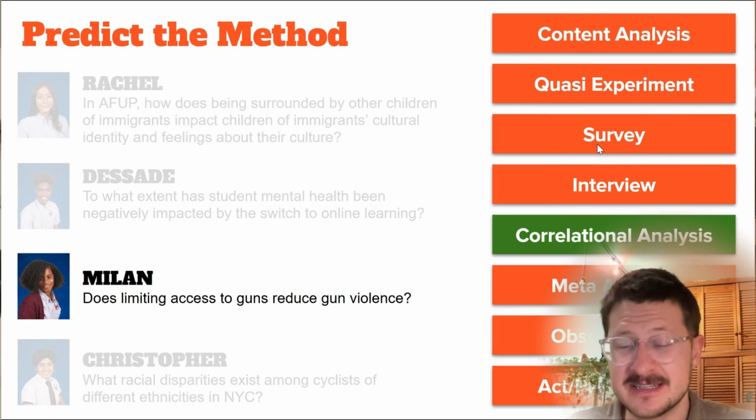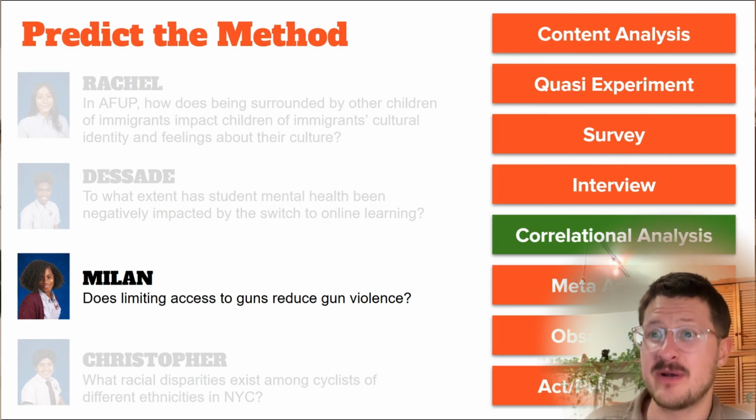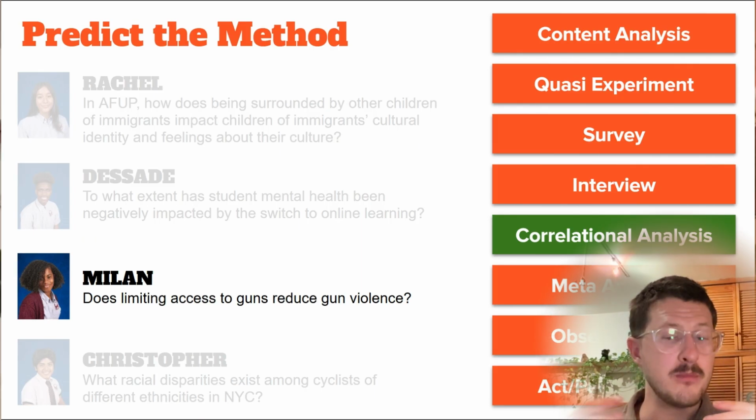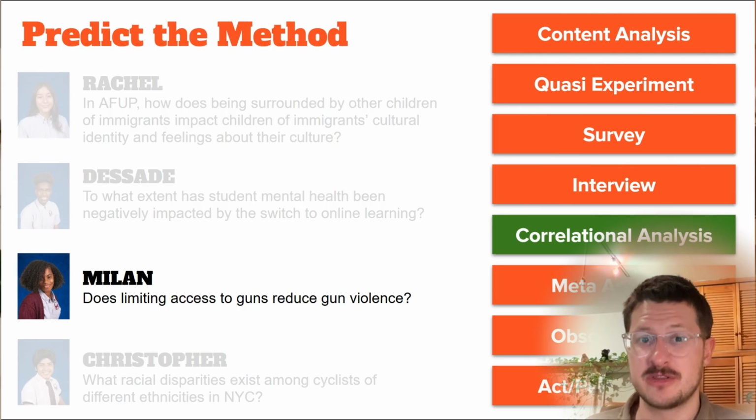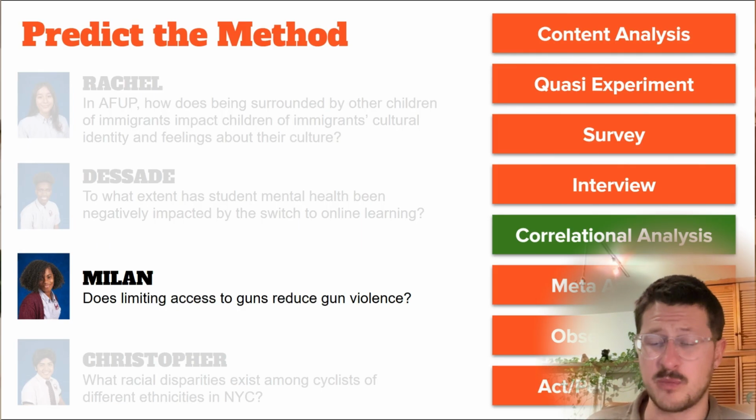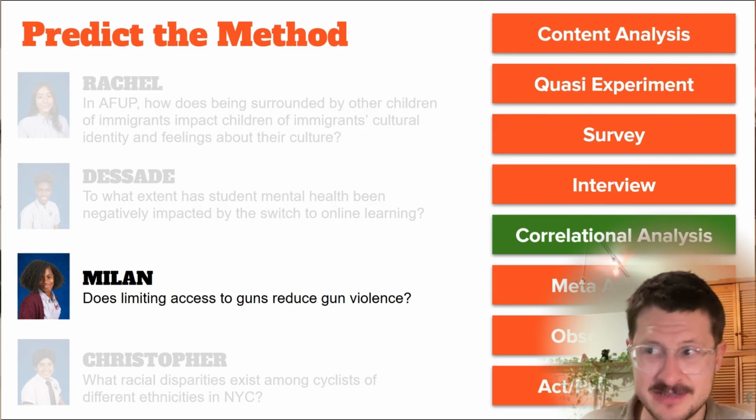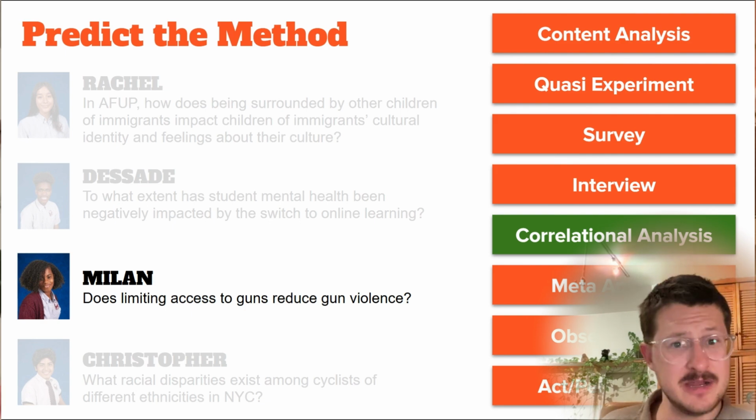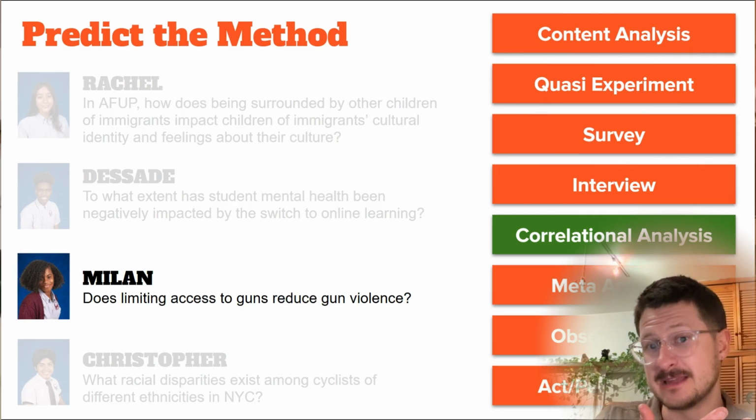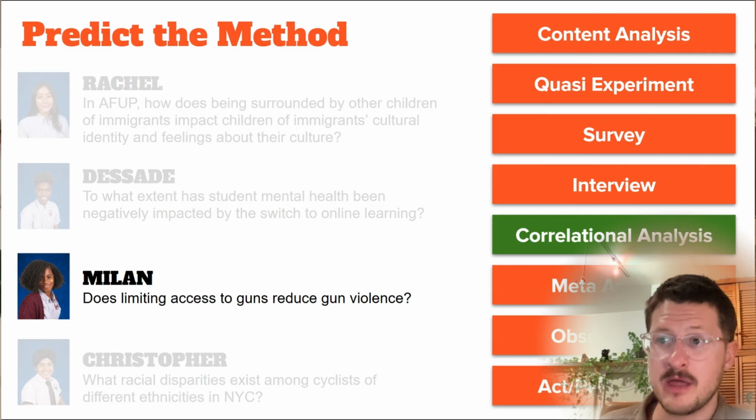Correlational analysis. This is what today's video is about, and this is where we typically take two different data sets or more and we relate them to each other. Notice how different this is from the other research question where we're wanting to understand what's going on inside someone's head. So of course we have to ask them. Here we just want to see a correlation between something that's limiting access to guns like a law and then